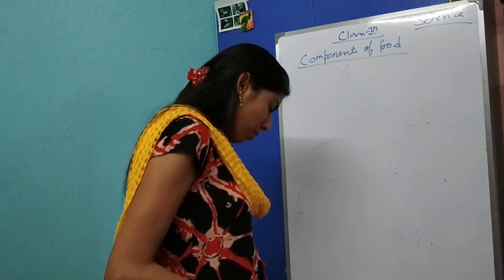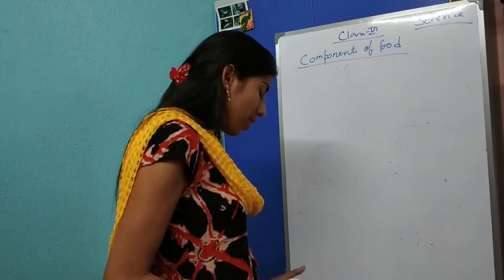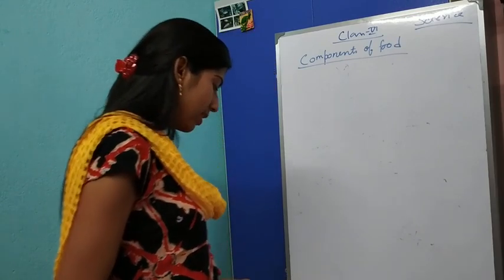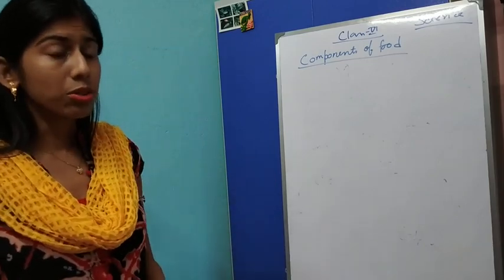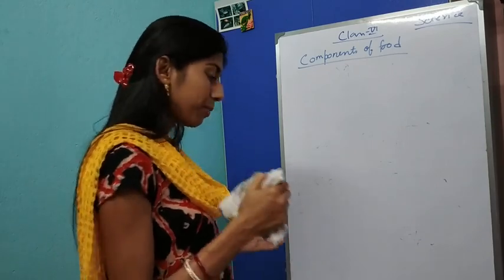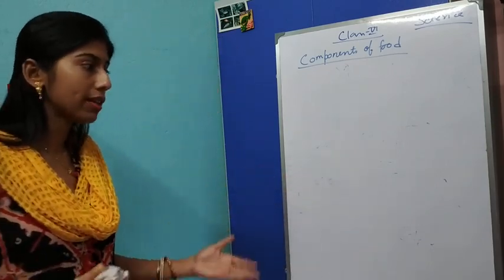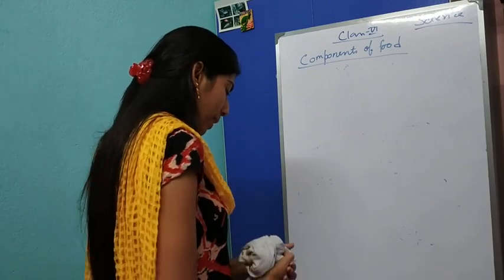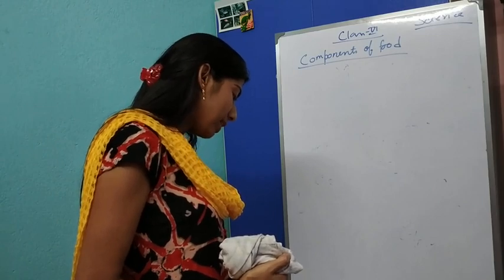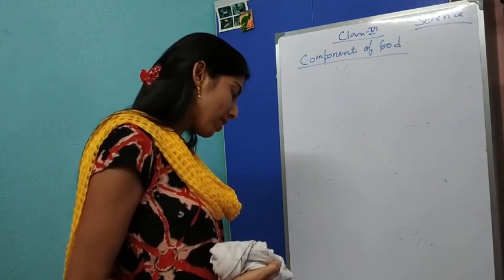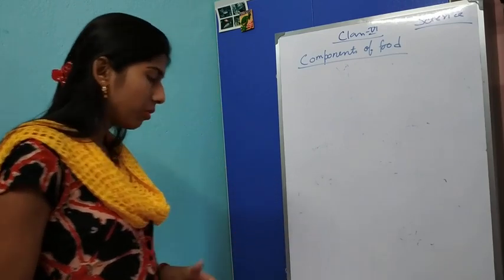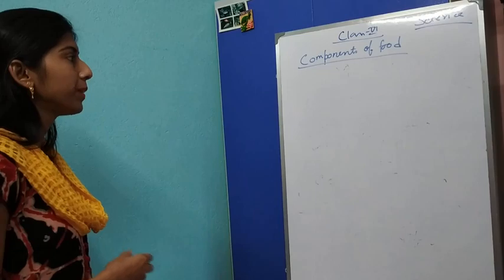There are some sources of iron, that is leafy vegetables, apple, liver, and there are some sources of calcium, that is milk, egg. Okay, so these are some sources of different minerals. I am repeating: from milk, egg we will get calcium, from apple, liver and spinach we will get iron, from banana, milk, chili, grains we will get phosphorus, and for iodine we will get fish, curd, ginger. Okay, these are some examples of minerals.